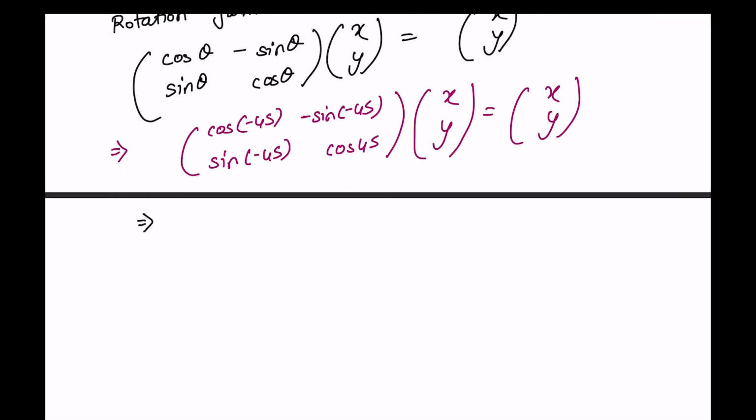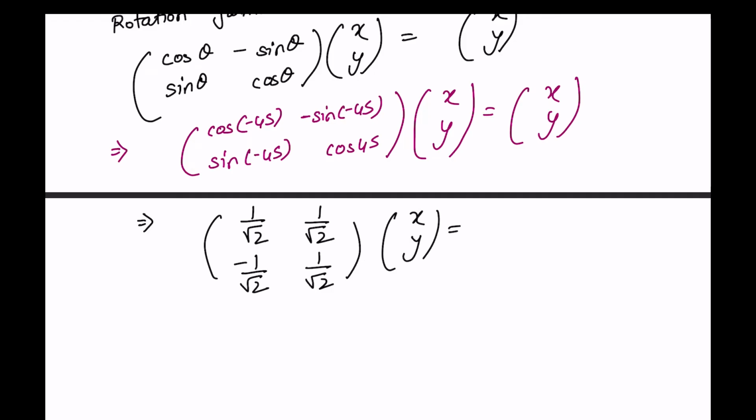Now let's try to put the values in here. Cos minus 45 is 1 by root 2. Minus of sine 45 is again 1 by root 2. This is minus 1 by root 2. This is 1 by root 2. Is equal to x' y'. Now we can just write the equation, or we can multiply these two matrices together. What we get is